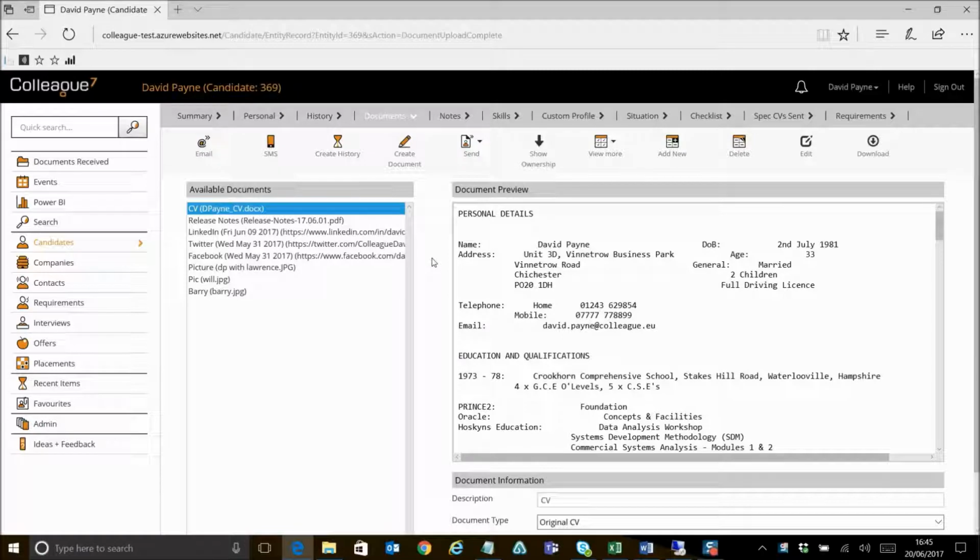With Colleague 7, obviously it's hosted on Azure and it's a cloud solution, so the documents are very much held within that platform. They're hosted on Azure with the record. So obviously documents are uploaded onto Azure, and to avoid the situation where you have to download the documents if you want to read them when they're associated with the record, we've created a preview area here where you can